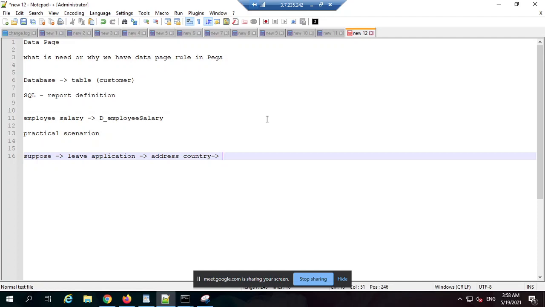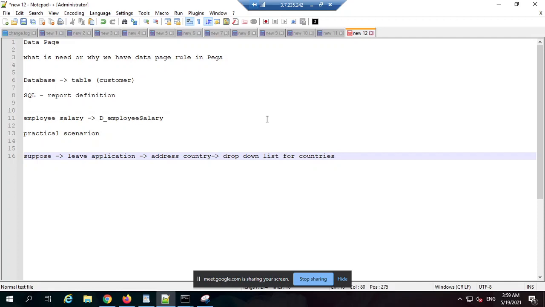I do not want the customer to write the country name, such as India. I want to present the customer a drop down list, because the countries will be limited. It will always be static. So I just want to put a static drop down list, and the user will basically select from it.